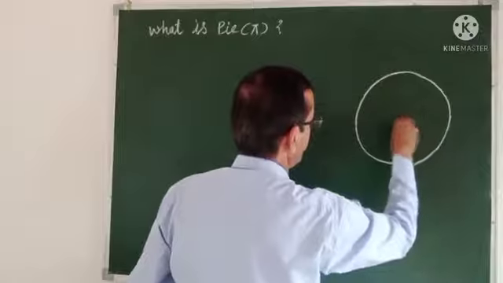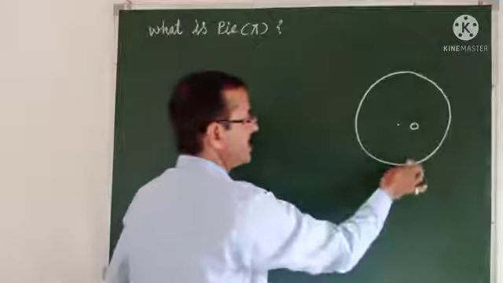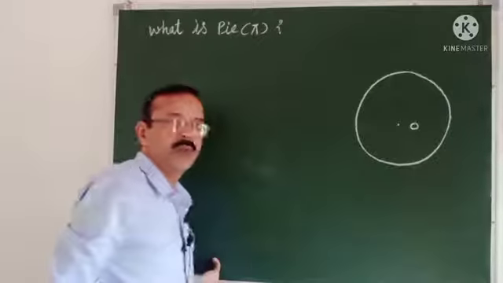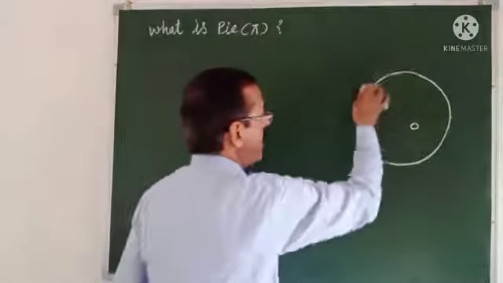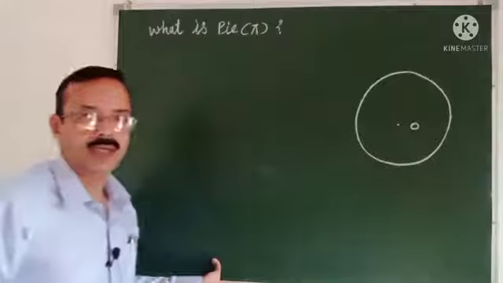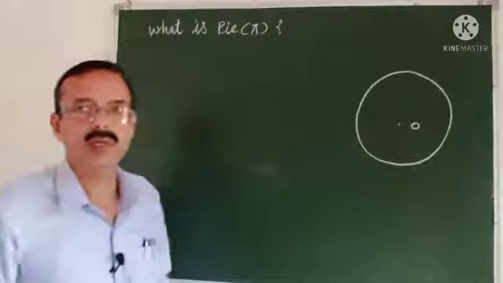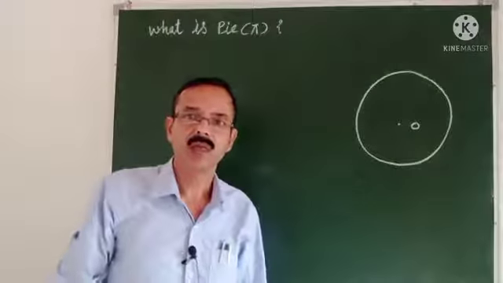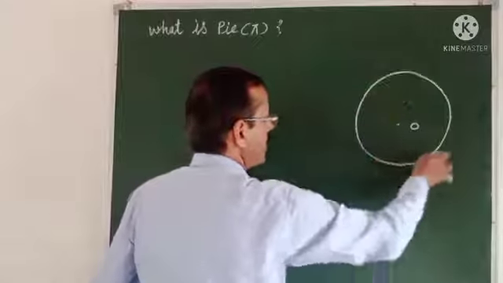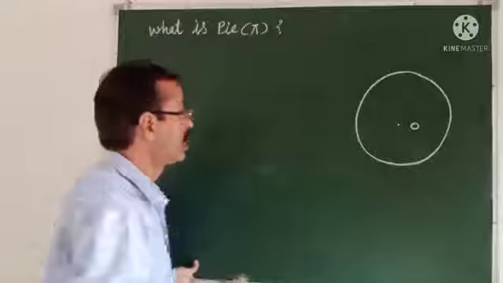This is a circle. What is a circle? If all the points which are equidistant from a fixed point are joined, they will form a circle. The total length of the boundary is called the circumference. As you know, the perimeter means the sum of all sides of any closed figure. So here, if we measure this, it will be equal to the perimeter. A special name given for the perimeter of a circle is circumference.